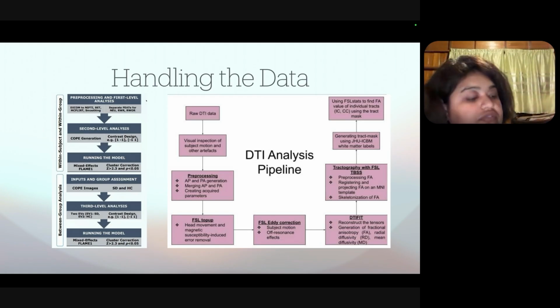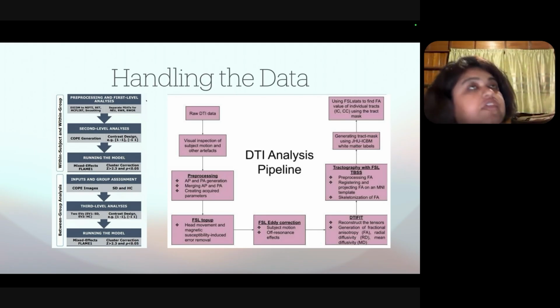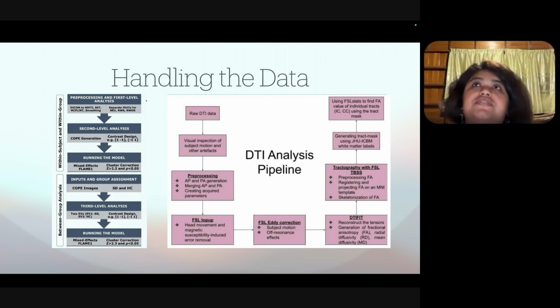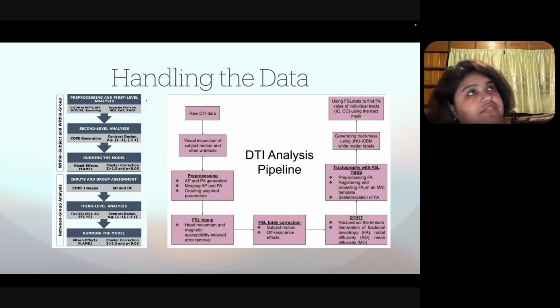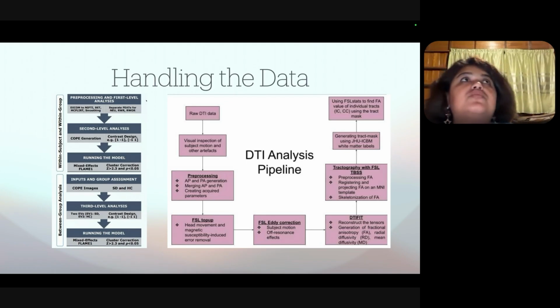Once that is done, in functional MRI, we are working with the brain, right? But the image that is captured also captures our skull. So the first thing we do is strip the skull so that we get better images of the brain. That is called skull extraction. Then we go back and take care of the motion errors. These motion errors or artifacts are introduced because of eye blinks and head movement from the patient. So these are taken care of.